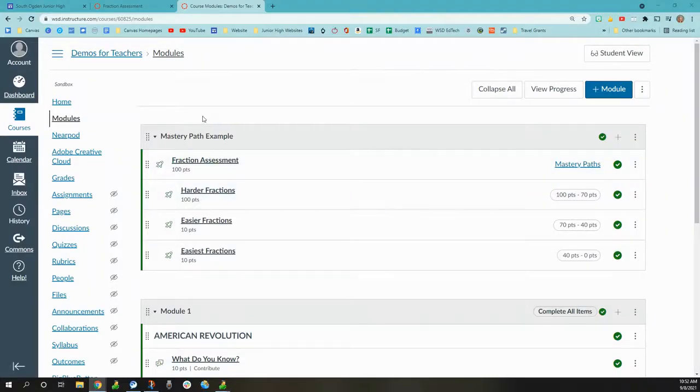This demo is going to show how to use mastery paths inside of Canvas. Mastery paths can be very useful in assessing what a child knows and then saying, this is the differentiated curriculum for them. So, I am not a math person, so I imported from the Commons